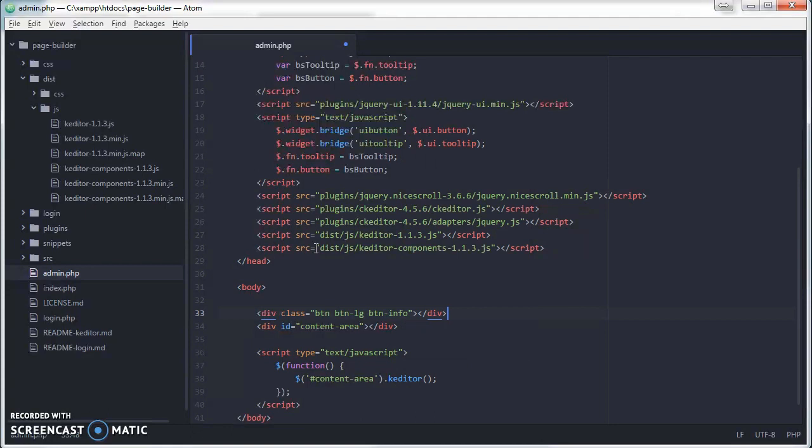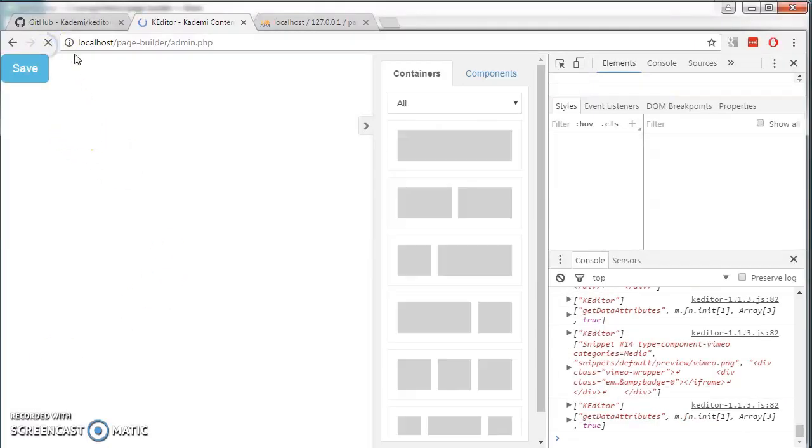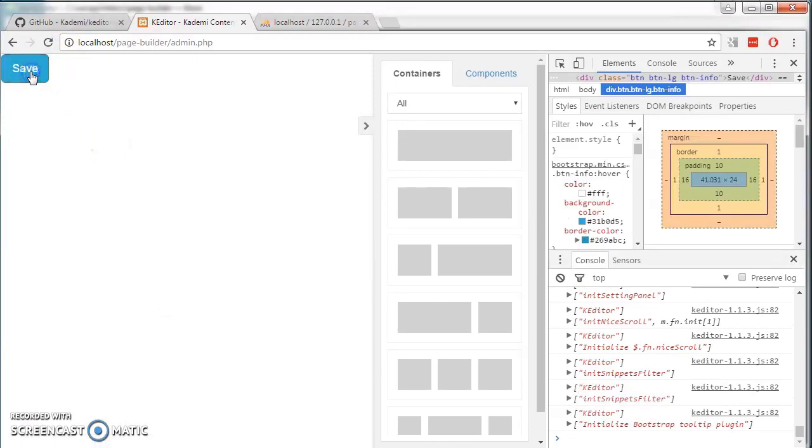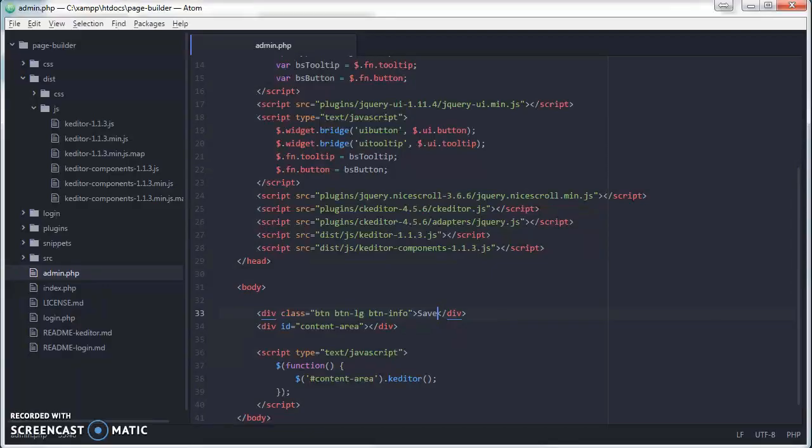Div. Save. If I go back to the browser and I refresh it, oh look, I have a save button here, but it's not doing anything now. We need to give it an ID. Call it save,